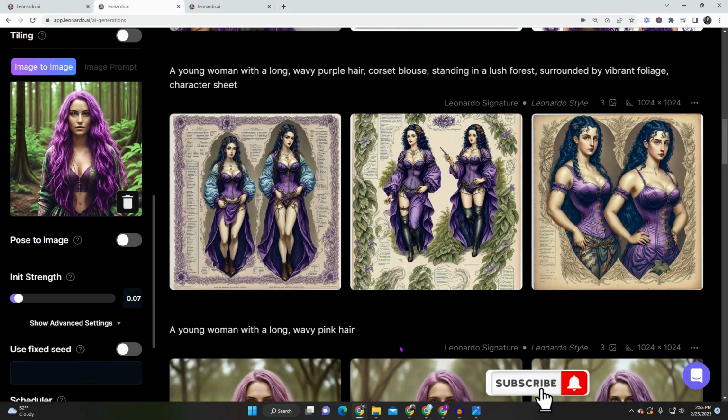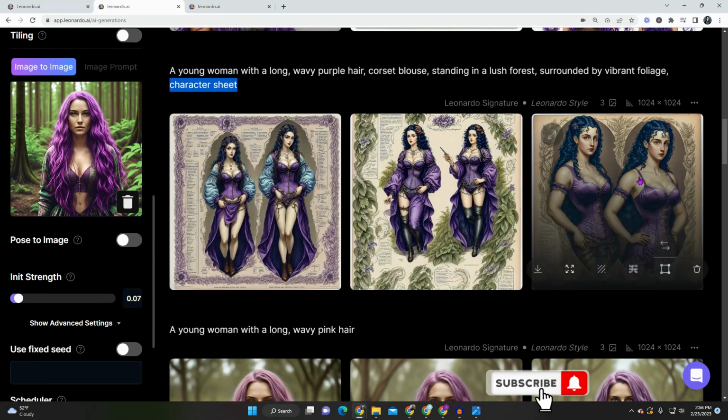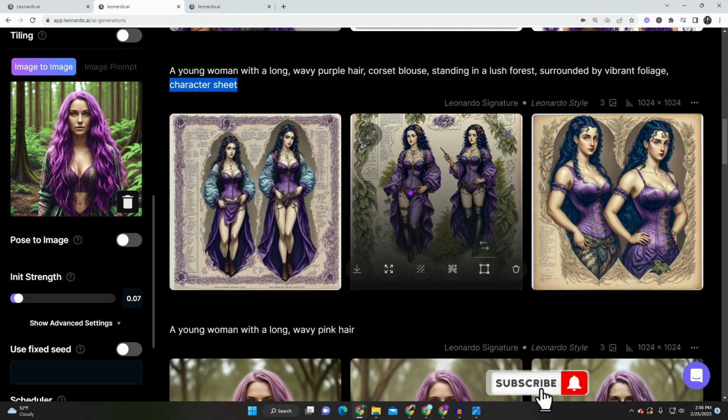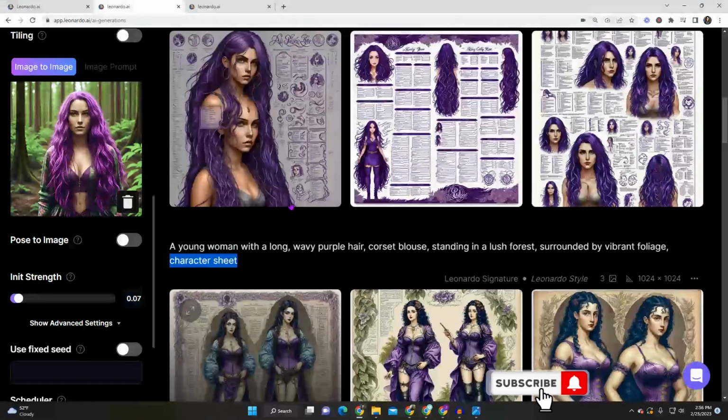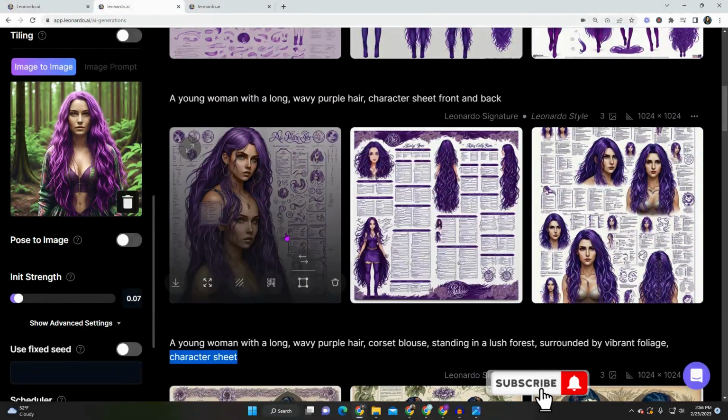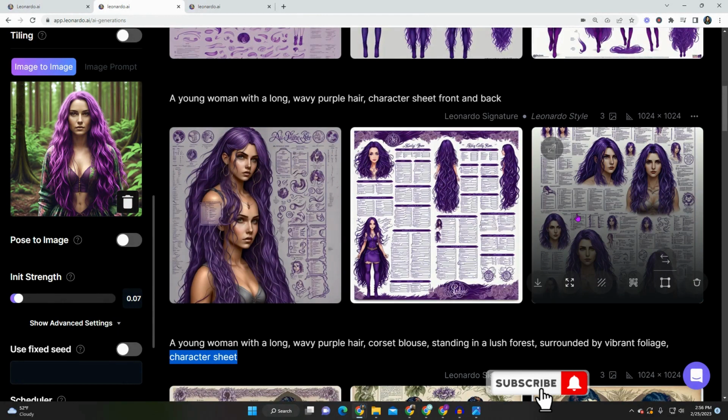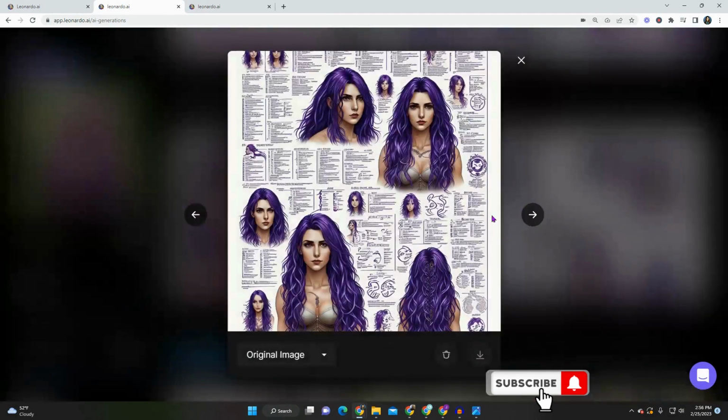Finally, my last trick is to play around with the prompt. So here you can see I added the word character sheet. This gave me a couple options with my character. However, she doesn't really look like my source image. So now you're just going to be a little bit more playful, removing a couple things, and it's trial and error. What I learned from this is that this is the absolute fastest way to get different variations and different